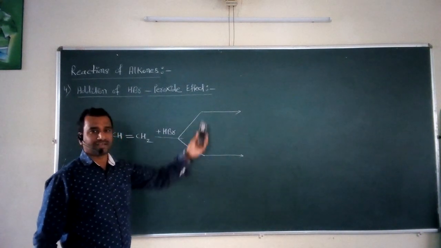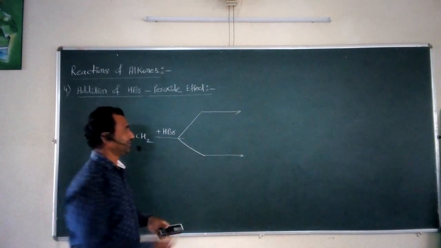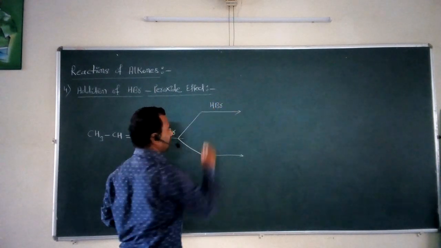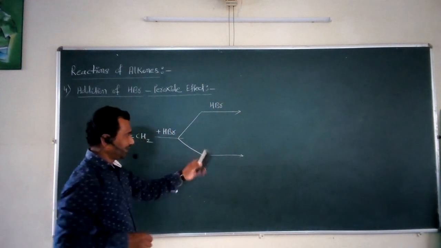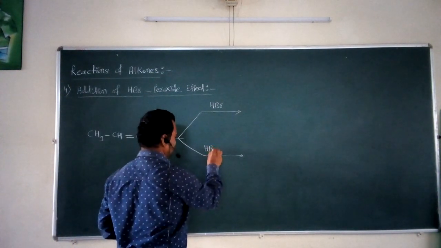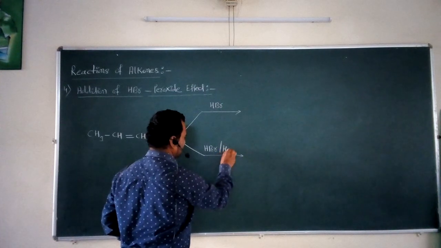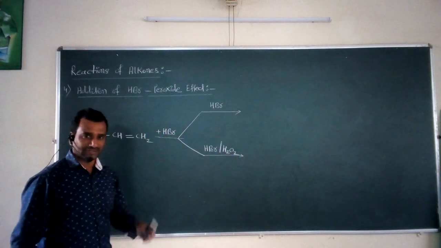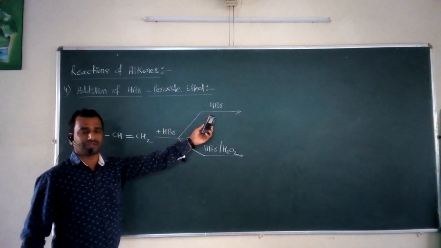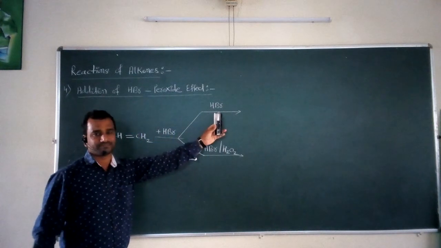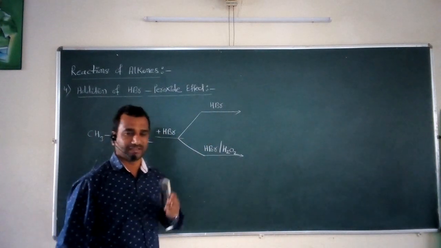Now we have to take two different conditions. So again I write here simply the addition of HBr, and in the second case we have to take into consideration the second type of reagent, HBr in the presence of a second reagent, that is H2O2. Now what happens? In the first case we are going to study now, the propene reacts with HBr. Then what type of product formation can take place?